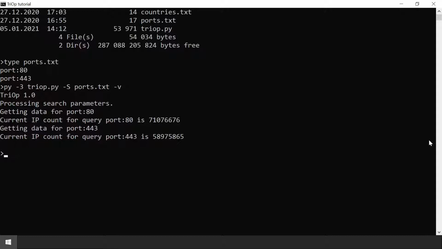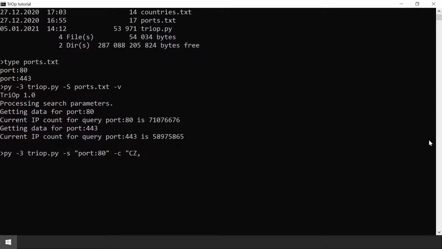This is not all it can do in terms of files or in terms of parameters. We can use our lowercase -s, and I will just use one of these queries, along with -c for country. After lowercase -c, you may append a comma-separated list of country codes for all countries for which you wish to see the results. So in this case, if I wanted to see results for Czech Republic, which is CZ,